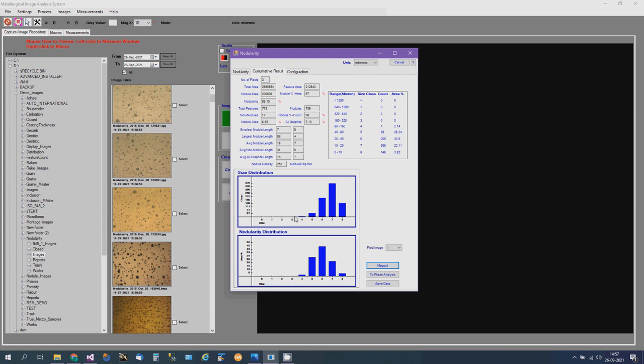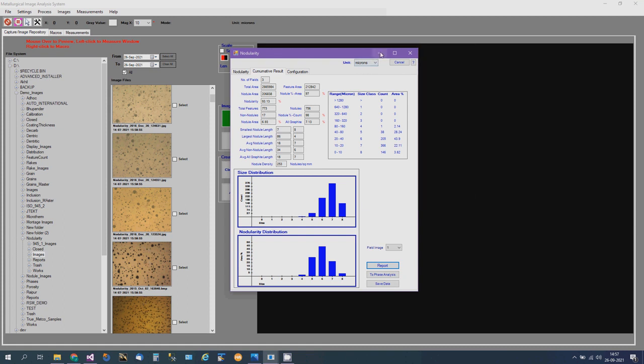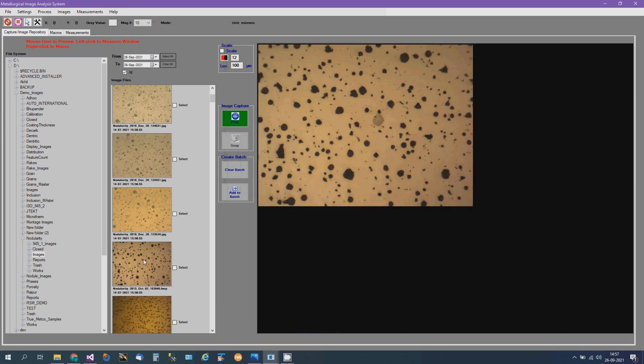There is one feature that we need to cover, which is two-phase analysis. As you may already know, nodularity means graphite. The sample surface we are seeing here is a polished surface. You cut a sample, do the polishing, get the graphite structure, and do the nodule analysis. There is one more step that we do on the same sample, which is phase analysis, basically your pearlite ferrite structures. For that, you need to do the etching. When we do the etching, the pearlite ferrite structure will be visible along with the nodules.